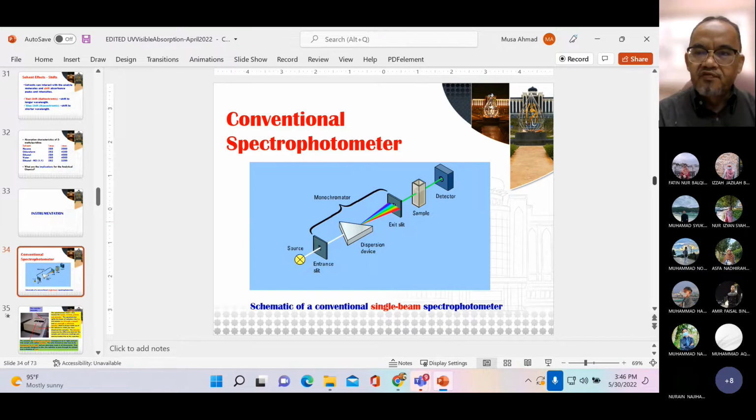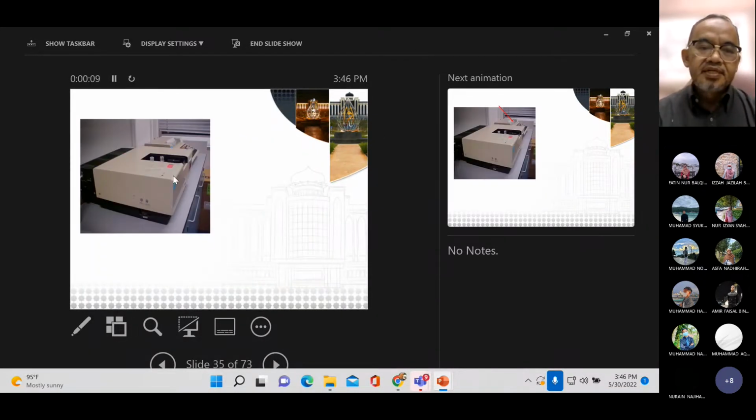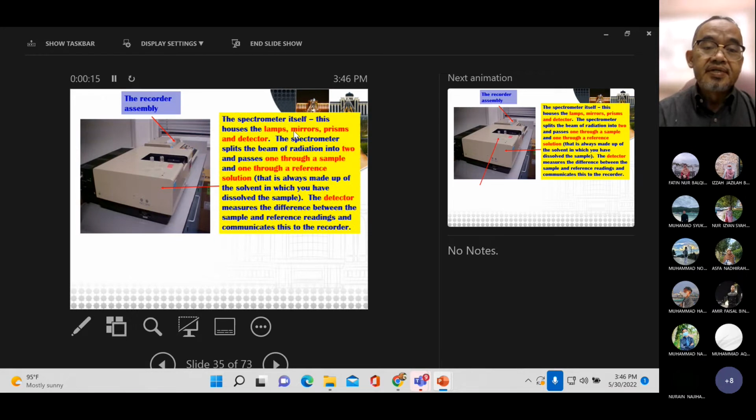Another conventionally actually basically this the arrangement, this is the simplest arrangement that we have for the UV spectrophotometer, but we are not going to discuss about it. And this is actually the commercial instrument that we have in our lab. This is slightly different, the difference depending on the supplier. What we have in our lab actually tak silap adalah